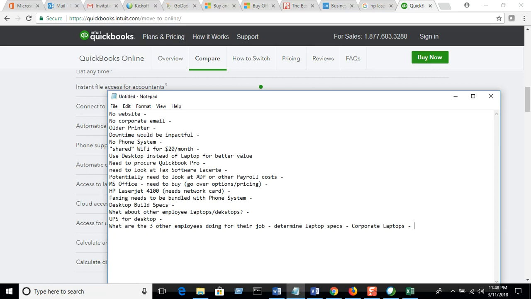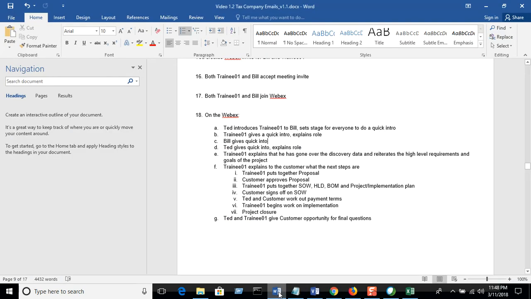I guess what are the next steps in this whole process? I mean, we spent a whole bunch of time going over the requirements and whatnot, but what's next? Yeah, so, as far as what I would be doing, now that we figured out the requirements, I would put together a proposal, and then you would review the proposal, and then if you were to approve the proposal,